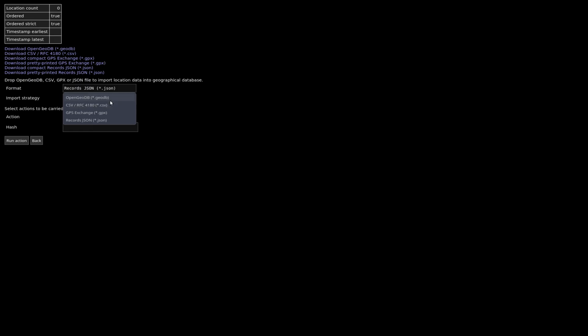Then we have CSV, so comma-separated values, GPS exchange or GPX, and records JSON. This is not GeoJSON. It is a JSON-based format that is used by several online services like Google Maps or Google Takeout, and also by more modern GPS devices, often in addition to the older XML-based GPX format.